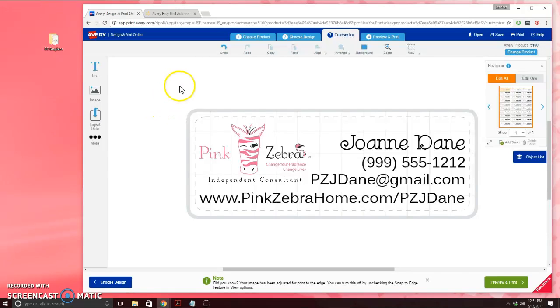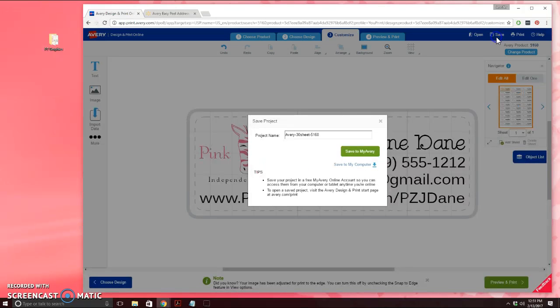Okay, so what I'm going to go do right now is click on the Save button at the top and rename it Joanne Dane Address Label, and save to my Avery. You could also save the file to your computer. Doing that is up to you, but